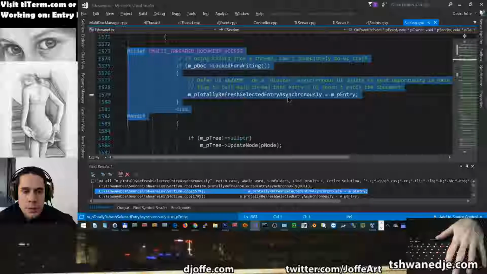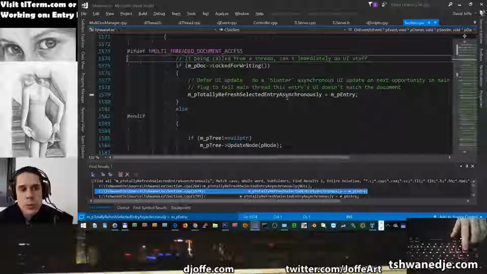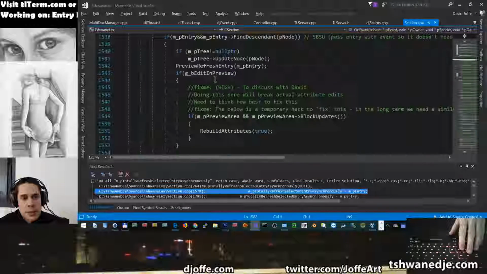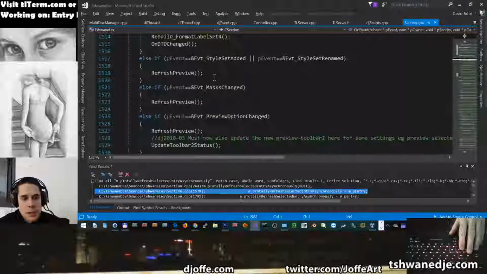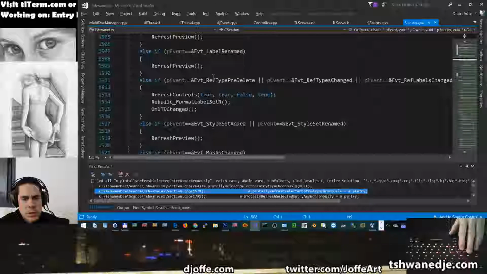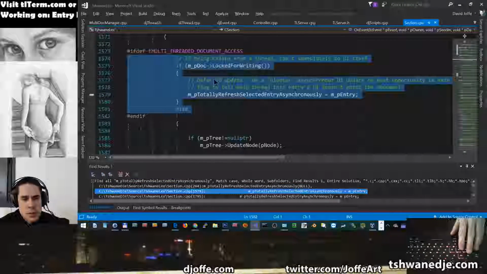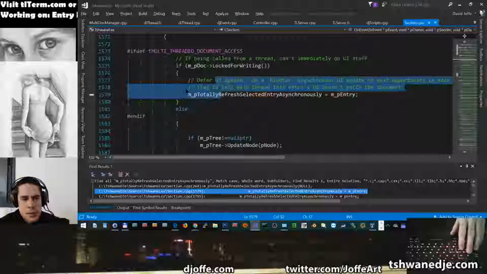Boom. We're already capturing this in the event handlers. So we could simply add this check as well to event entry pre-delete, and the problem is solved. Is it? Not really. Defer UI update. This is the problem. So I mean we can defer the UI update, but